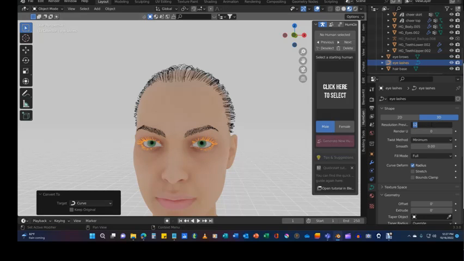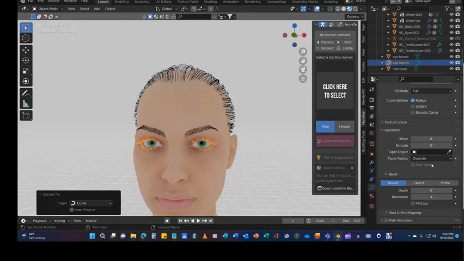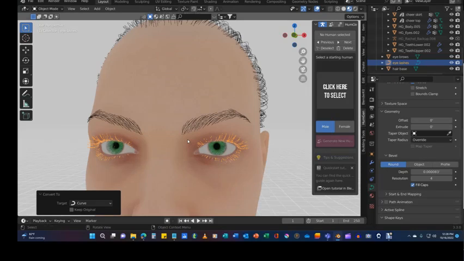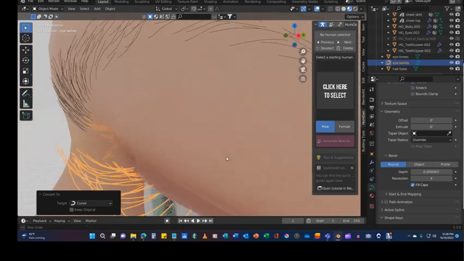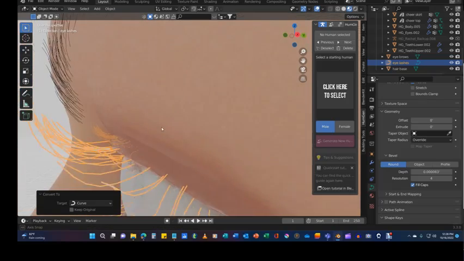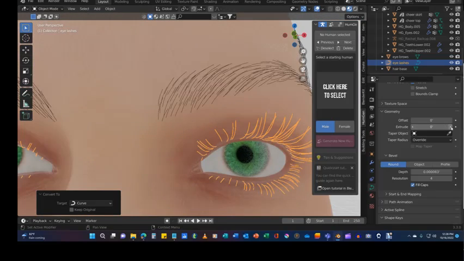Once it's in a curve, now I turn this down to 1 just because it makes it run faster. Fill in the caps. I'll do a depth of 1 just so it's got a front and a back, where it doesn't have like a front facing and a back facing. It has it where the normals are on both sides, if that makes any sense. So you can see it from this side and this side, and you don't have this side and then this side it's like black. I don't know if that makes any sense, but